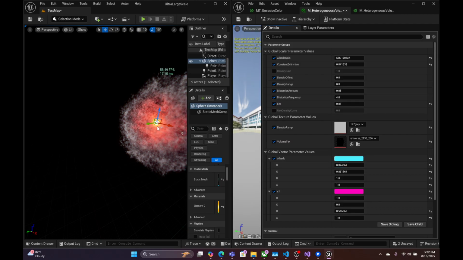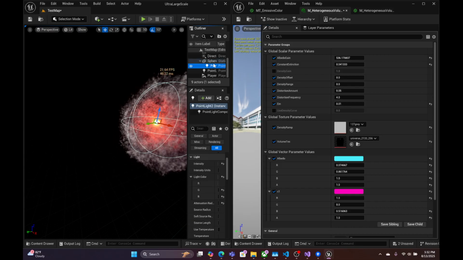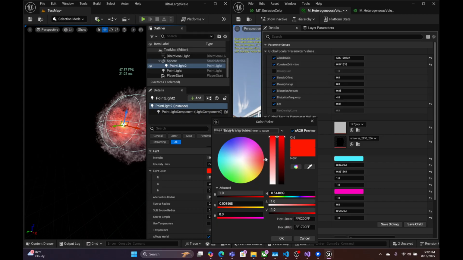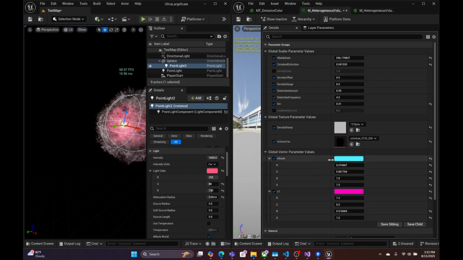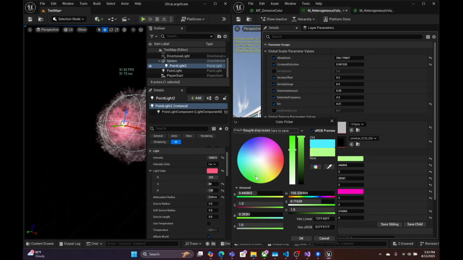Because the light is red. And we also want to avoid pure colors. We want at least some component of each, so these are effectively light composition values, is one way you can think of it. Like, how much red is in the light, how much green is in the light, how much blue is in the light. So, if you want to have things apply to it that are different colors,